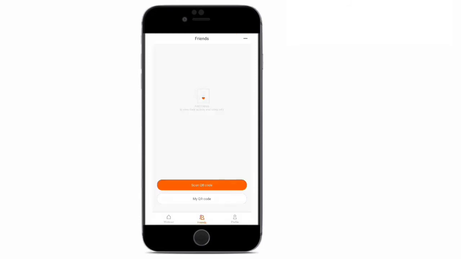So guys, this is the friend option. There is nothing more to say about it. If any of your friends have any MI product, and if they also have the MI app, you can stay connected with them by scanning the QR code and by giving them the ID, which will be provided by the company when you scan the QR code.